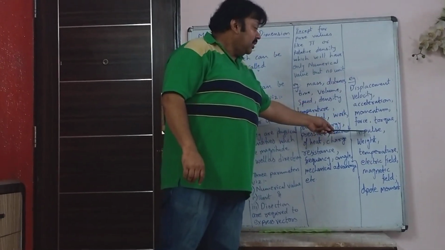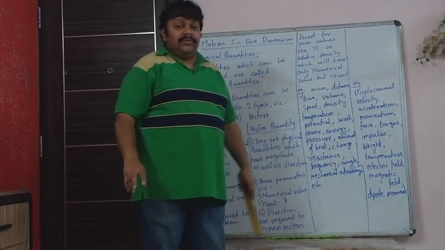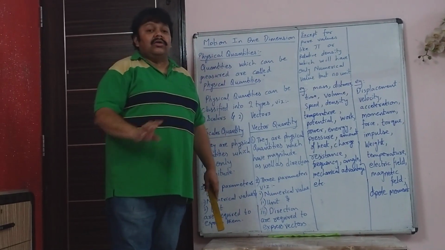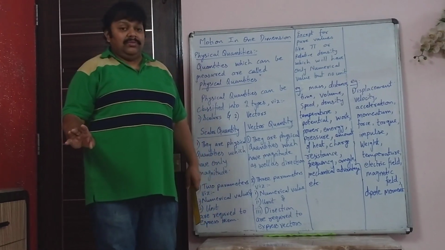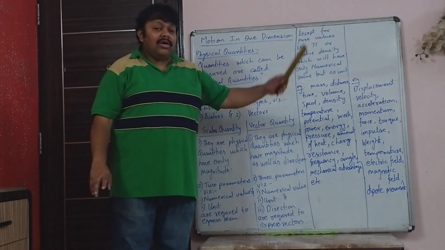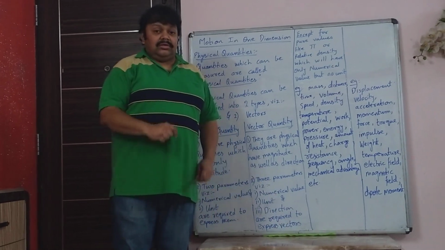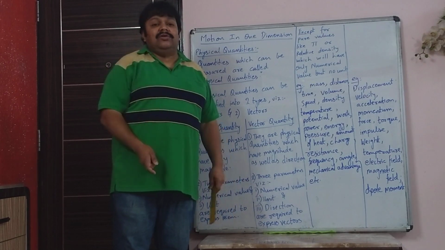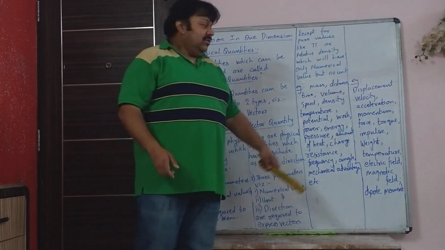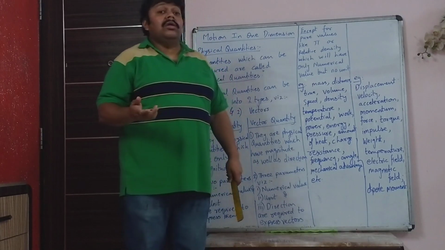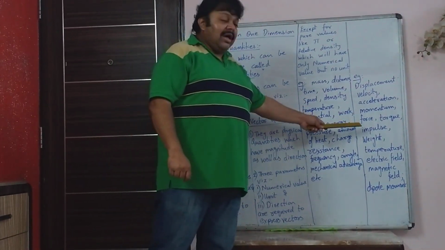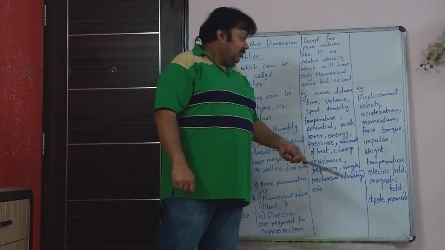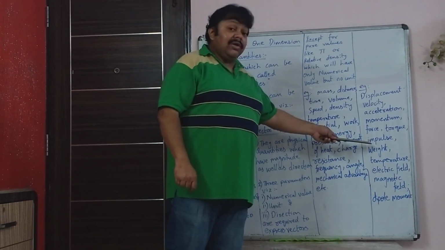Force, torque and impulse. Force and impulse are same. Impulse is a very large force acting on an object for a very short period of time. For example, when you hit the golf ball from the tee, the bat strikes the ball just for a fraction of a second. So that's a force, but a special name is given to it, it's called an impulse. So it's a large force acting on an object for a very short duration of time.